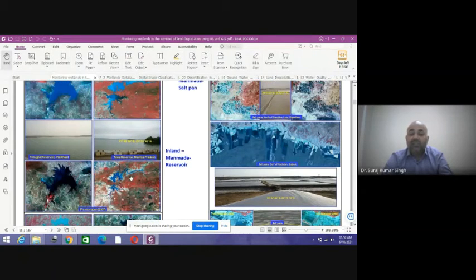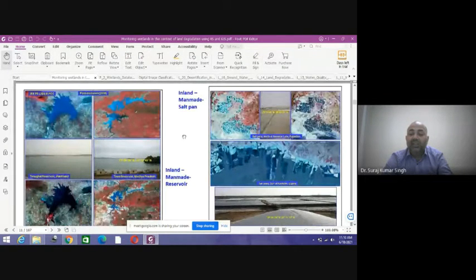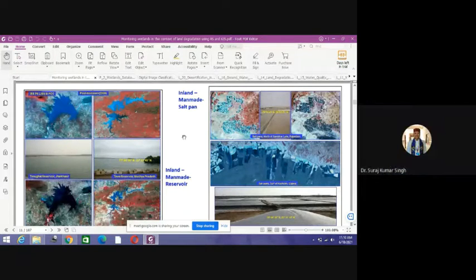In the same way, if you want to see the salt pan land, how that is seen.